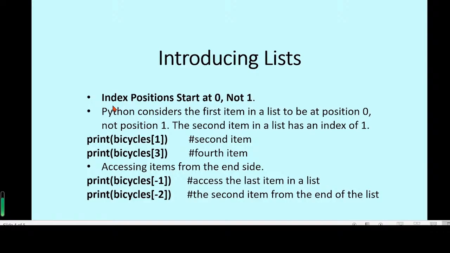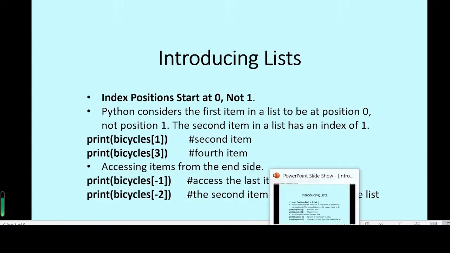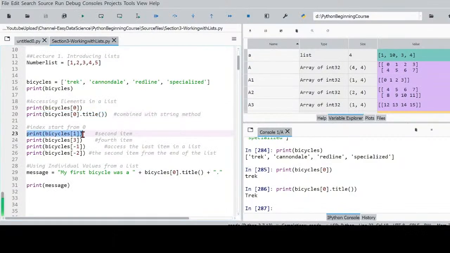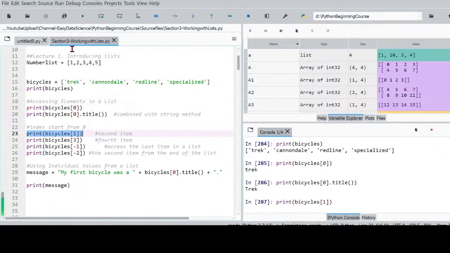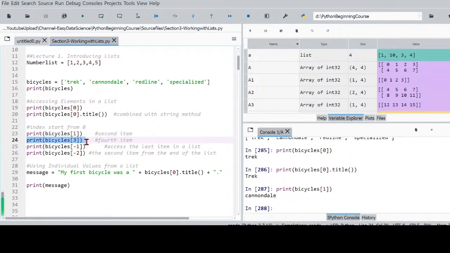And note that index in the list starts at 0, not 1. Python considers the first item in a list to be at position 0, not position 1. The second item in a list has an index of 1. So if we print bicycles bracket 1, then the second item will be pulled out. And if we write print bicycles 3 in the bracket, then the fourth item will be pulled out. So we can print the second bicycle